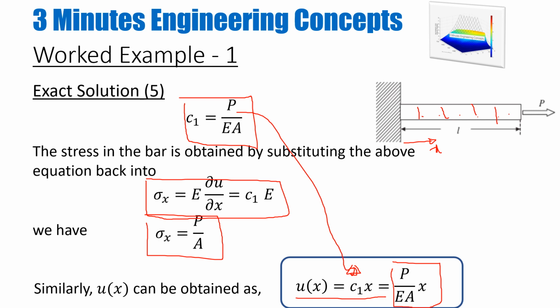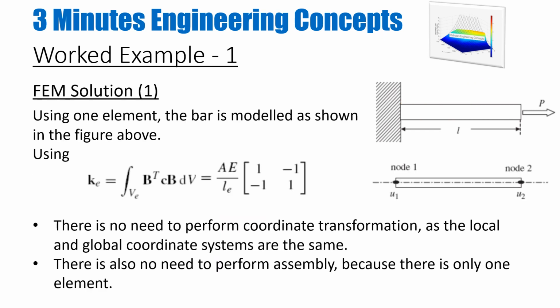So I can now also estimate, if my X starts from 0 to L, how my displacement will be varying, and it seems like it's more or less a linear function depending on the X, and my final value will be PL over EA if I substitute the values of X at the location of this. So now what I'm going to do, I'm going to repeat the same exercise and try